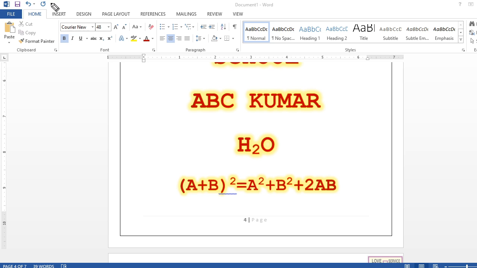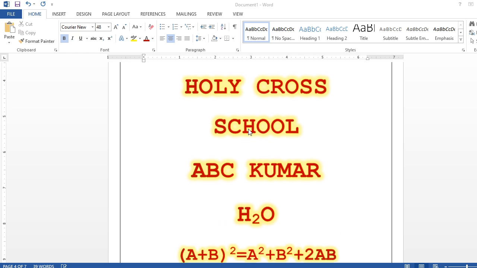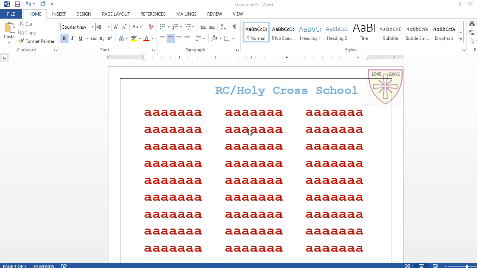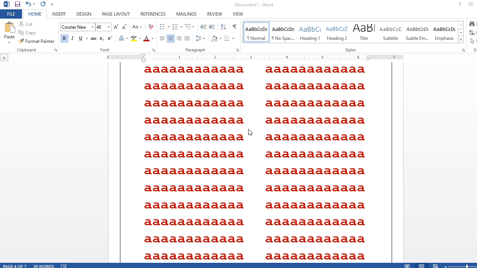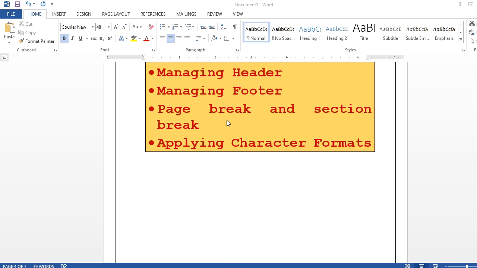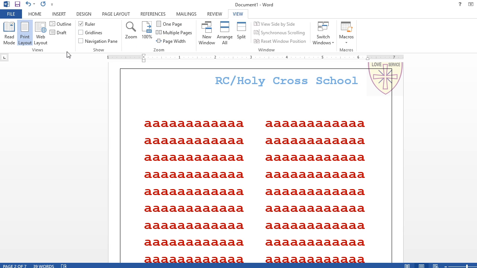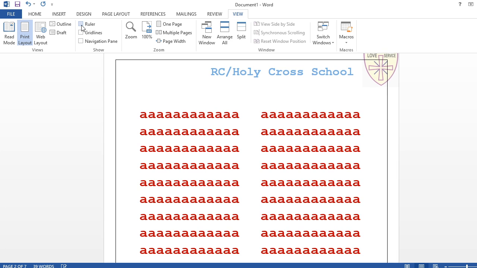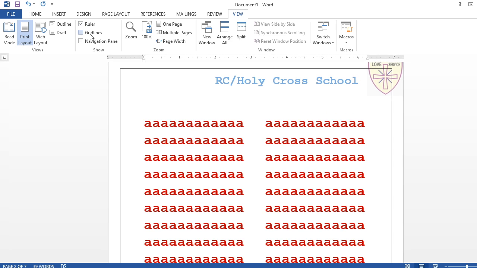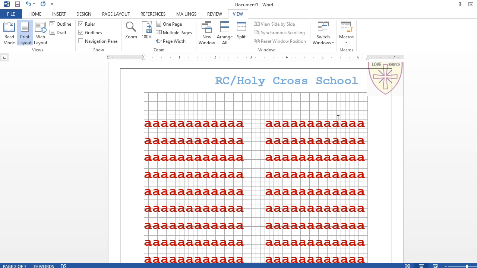Now, we have seen today some practical aspects, so many details of a page. One more thing, you can go to this View menu also. In this View menu, you can see the ruler. If this ruler is not coming, you can select this ruler. See, the ruler went out, again the ruler is in. You can have a grid line. The grid line is your printable area where you can print and where you can type. You can also have a print layout mode for more.